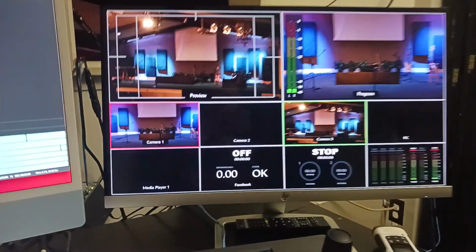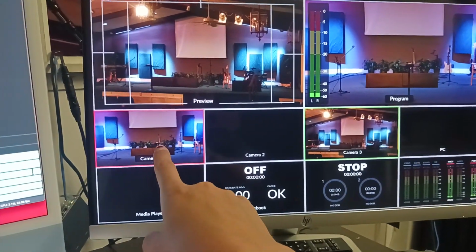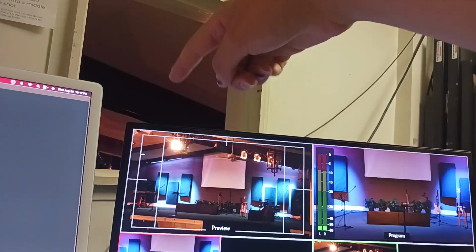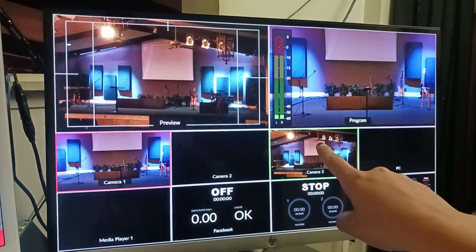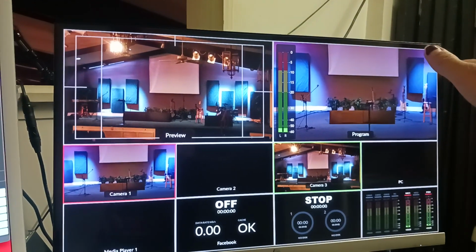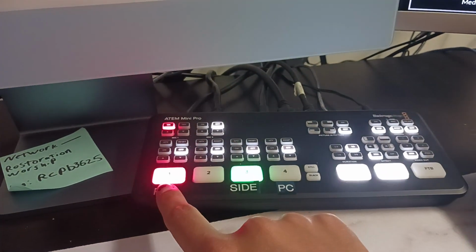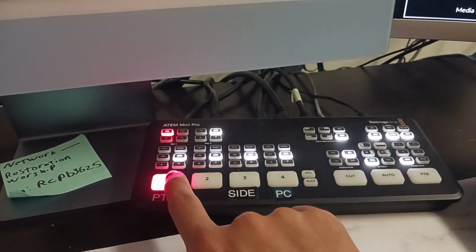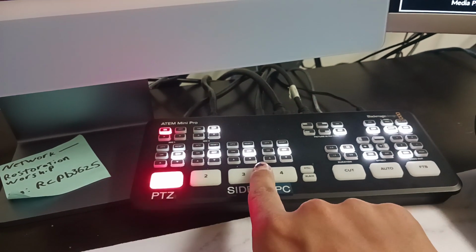Now we want to focus in on our cameras a bit here because we have two options. We have the PTZ camera, which is just right outside of here in the middle of the room. And then we have our secondary camera that is on the right side of the sanctuary. So the way we click back and forth between those, you have these two buttons lit up. They don't have to both be lit up, so you want to make sure they're both selected, so PTZ and